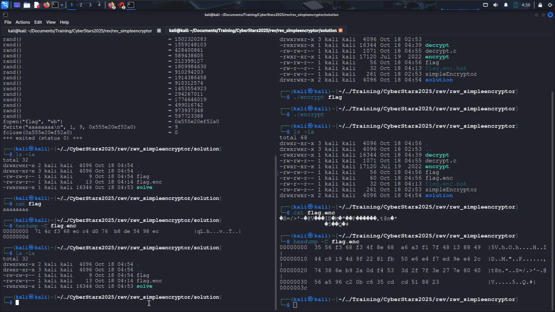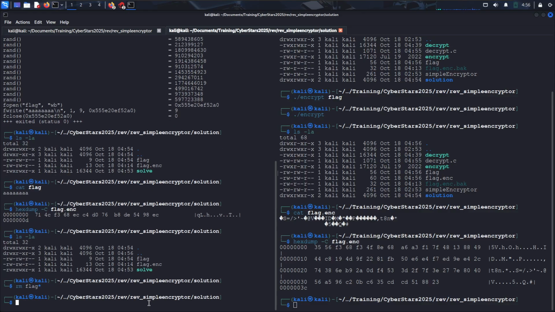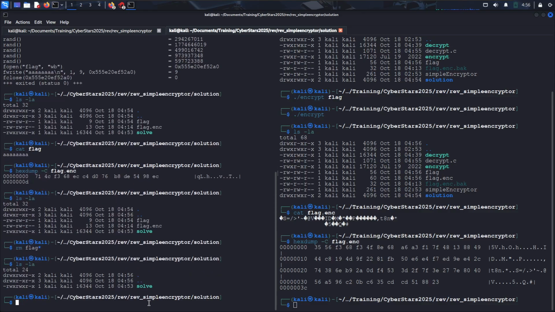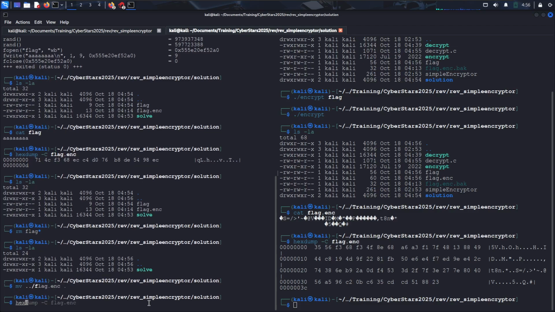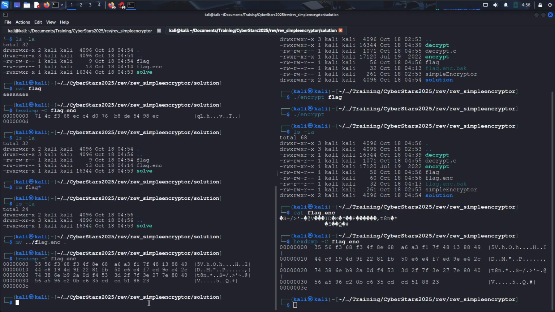If we remove flag and then move flag.enc back, we see this is our same file, right? So if we run our solution,